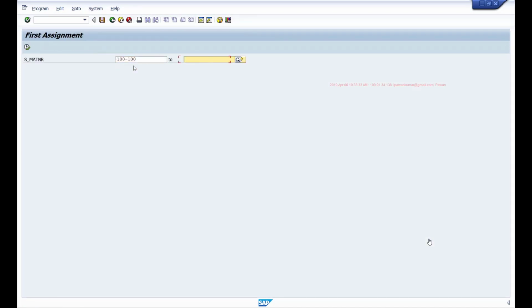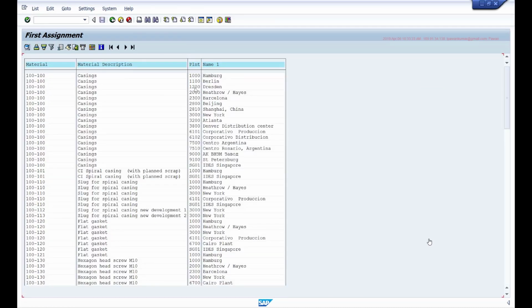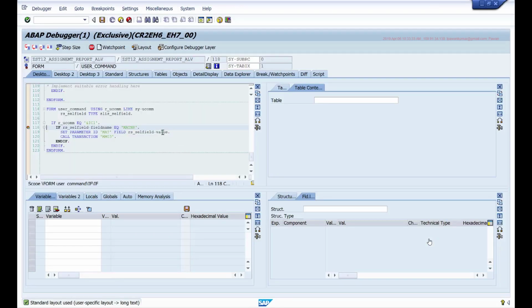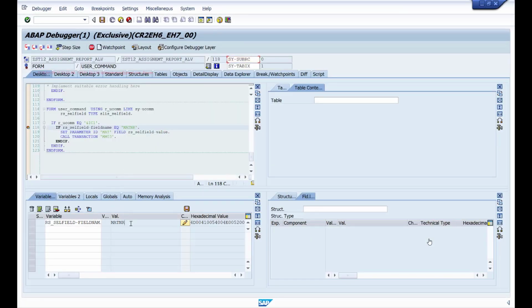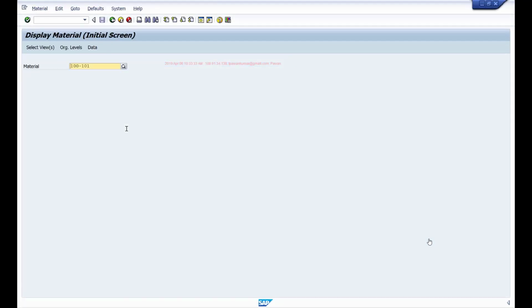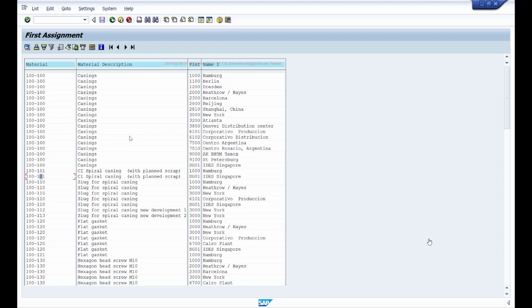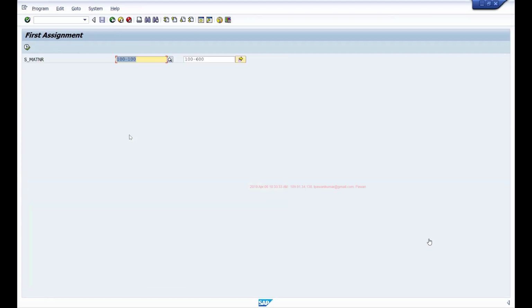So now if I double click on this plant number, RSL field name will have that value, so it won't execute this statement, so nothing happens. However, if I double click on the material number, then the field is MATNR, so this is what we want, so it will call MM03. So that's why you can identify which column the user has double clicked and what is the value in that field, where you double click. So this is how you can make it interactive in terms of reacting to double click.